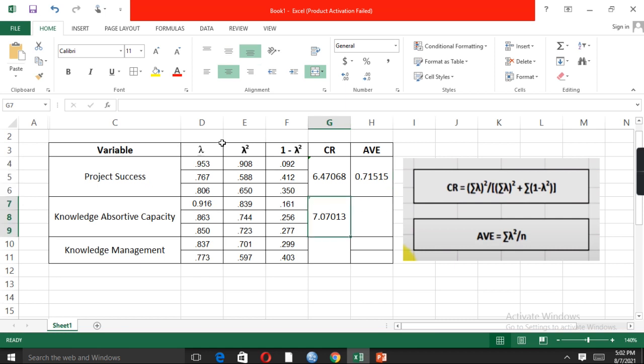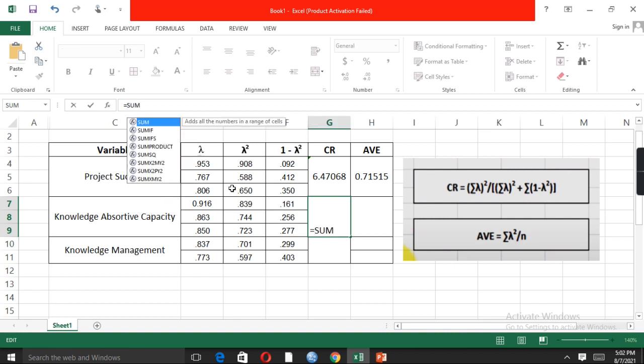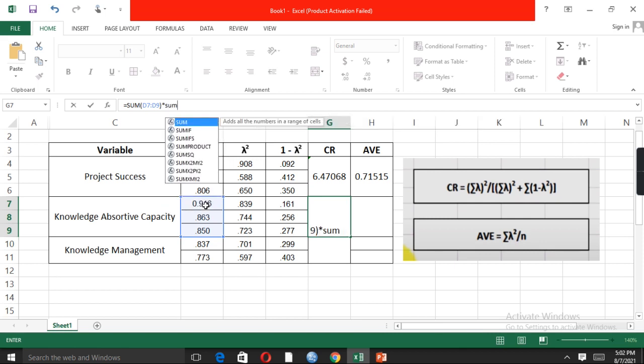So similarly, if we want to calculate the value of the rest of the items, the rest of the variables, how do we perform? Just click on equal sign, and then we need to put the values into the formula: summation, small bracket, select all those items, close the bracket, again multiply by summation, small bracket, again those values of the items, divided by.